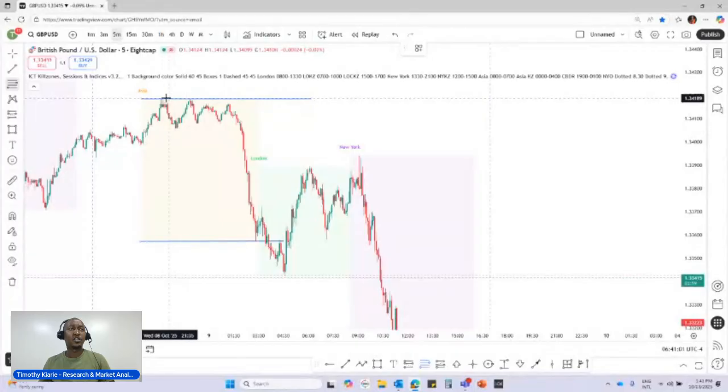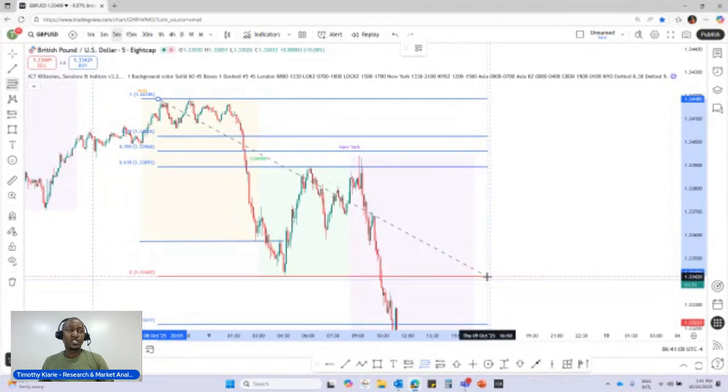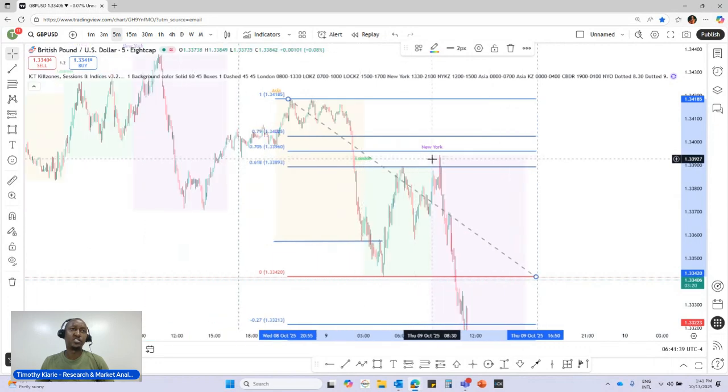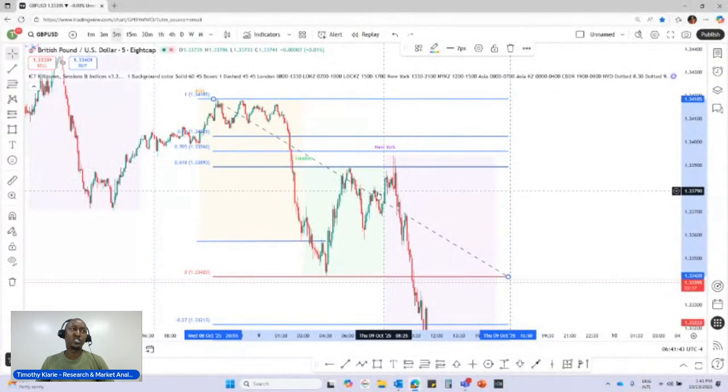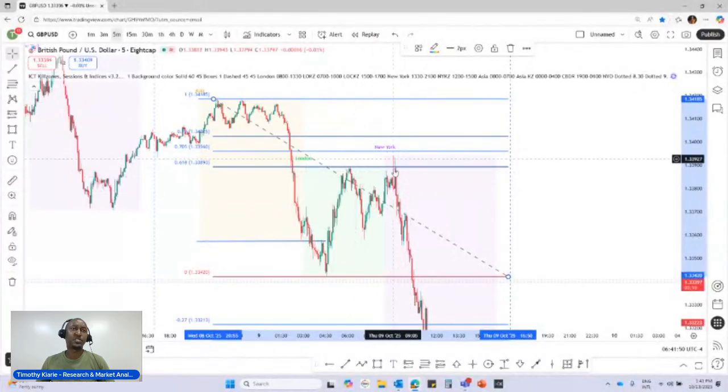So here, first of all, you can take the Fibonacci. You mark the Fibonacci retracement and extension levels. The price comes here during 6:10. So 6:10, according to my strategy, is not the best time to look at entries, because it's outside the kill zone. So I want to wait maybe during the New York kill zone. And you can see the price coming again to these levels during the New York kill zone. And this gives us some selling opportunities, because this is during the New York session, right? During the New York session, we see the price respecting that particular level,